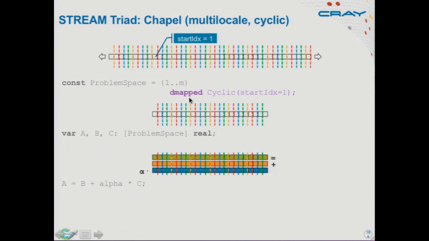And as I alluded to, these are both fairly simple static cases and easy to draw. You could also have a domain map, for example, that dynamically load balances the data or things like that. All you have to do is name it, and you have a completely different implementation.